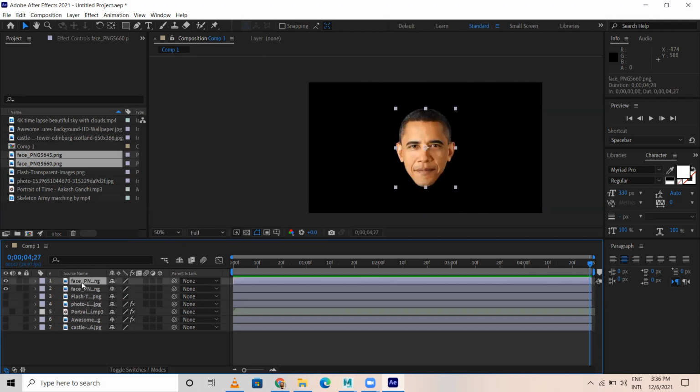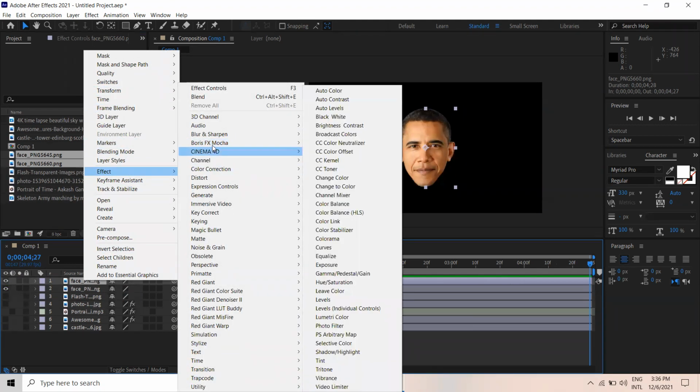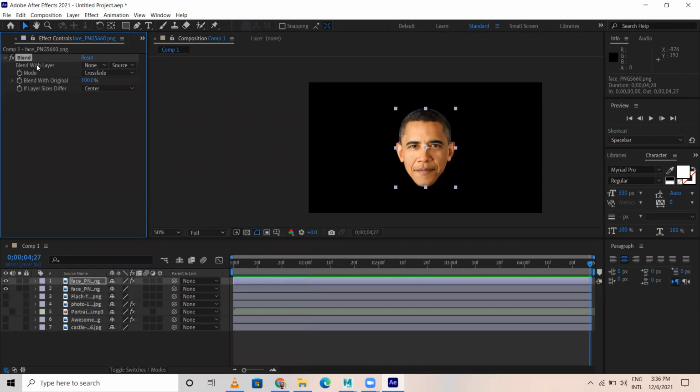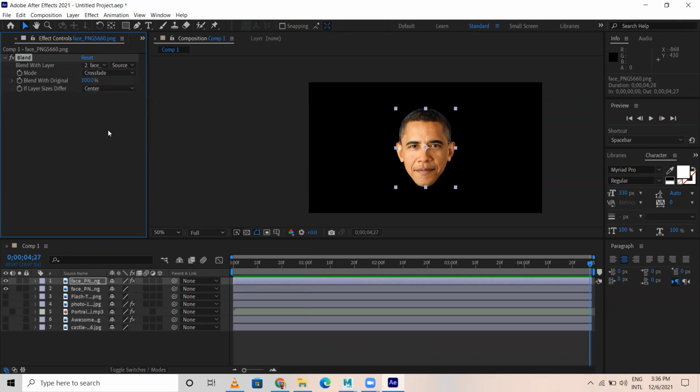Now for the foreground part, I'm selecting this one, this character. Okay, right click, effect, channel, I give blend. So for this particular top layer, I have given blend. Here we need to pick another one, blend with another layer. So for this, I use the bottom layer. Then, okay, I don't want this to stretch to fit. Yes, like this. Just pick stretch to fit.